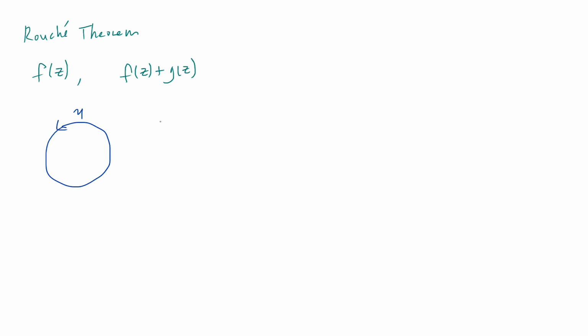The next thing I want to mention is what's called Rouché's theorem. And how this works is as follows. Say you have a meromorphic function f of z, and you have another function f of z plus g of z. The setup is we have some gamma that you're rotating about, and on gamma, which is a weaker condition than requiring it on the entirety of the inside of gamma, just on the path, let's assume the absolute value of g of z is strictly less than the absolute value of f of z. So if you have this setup,